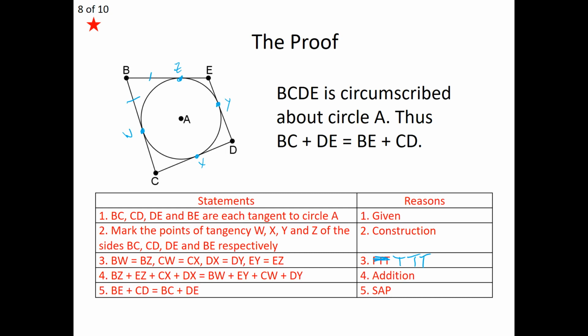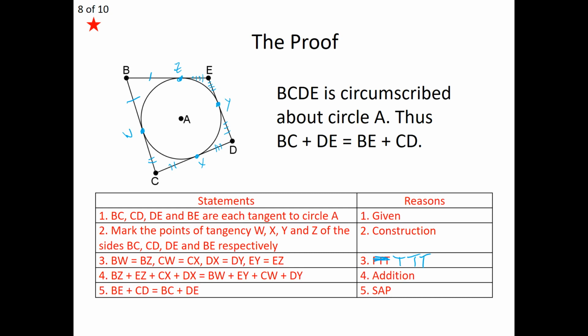And we don't have to stop there, because we have 3 other points that are also external to our circle, which means I can claim CW and CX are equal in length. I can claim DX and DY are equal in length. And I can also claim EY and EZ are equal in length. And because of that, we now have all the pieces we need to put the puzzle together to arrive at